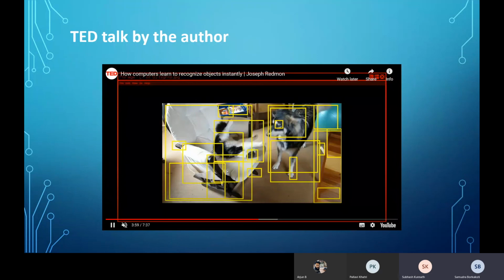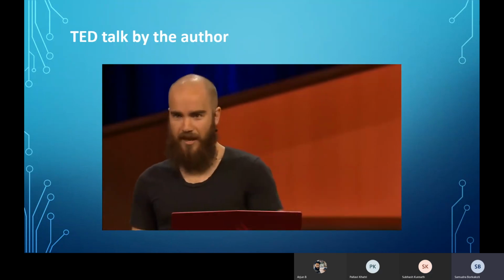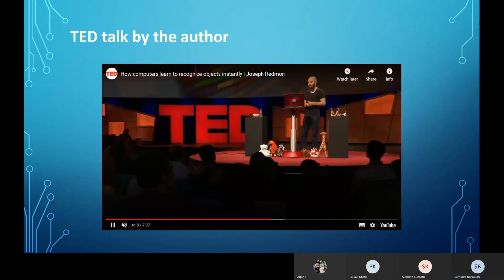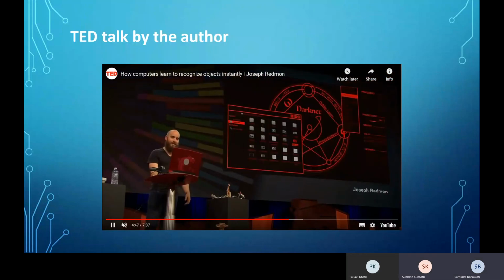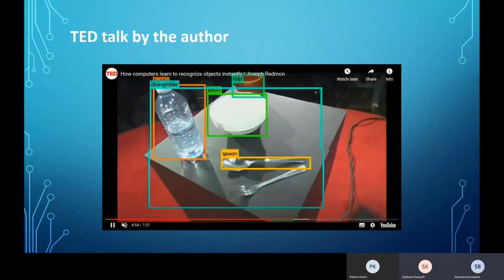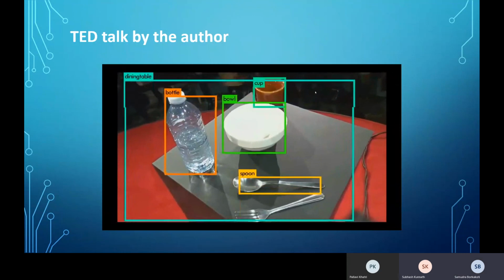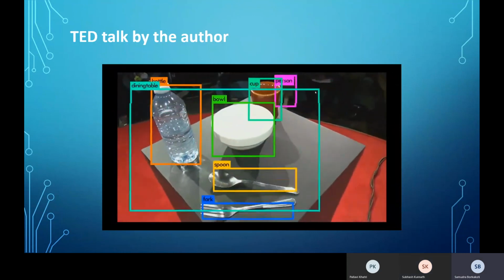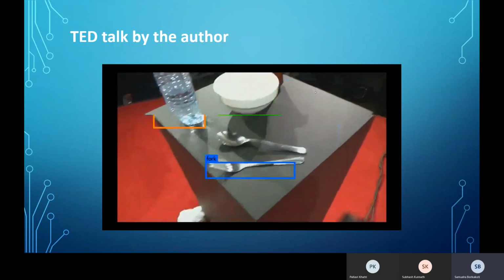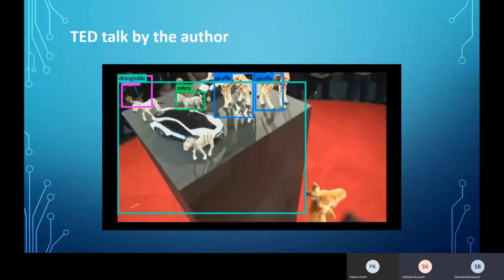This is the bounding boxes that I was talking about. This is from a video camera that he was using, not a phone, but a video camera. Live.